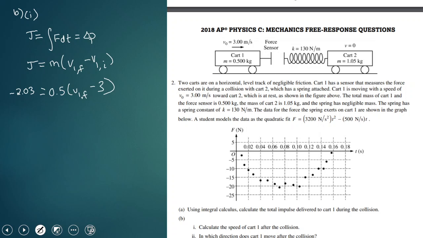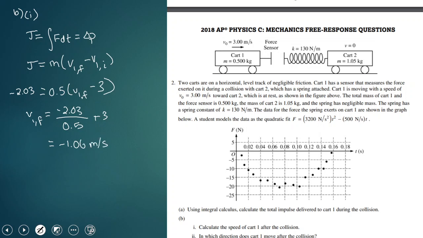Okay, and so what we see is that V1 final is equal to negative 2.03 divided by 0.5 plus 3, which is equal to, I'm dividing by 0.5, so multiplying by 2, so I get negative 4.06 plus 3, which is negative 1.06